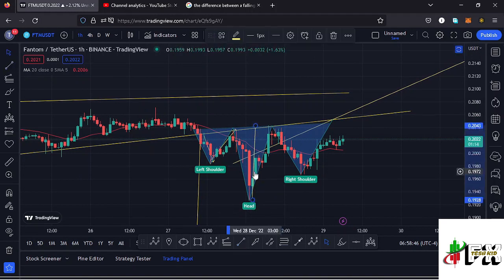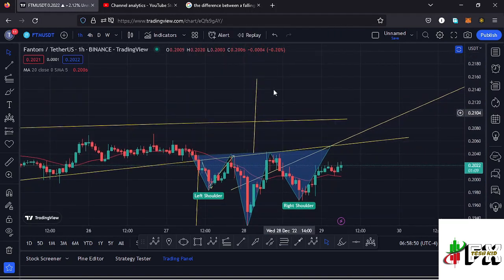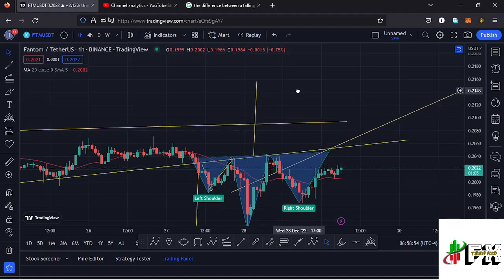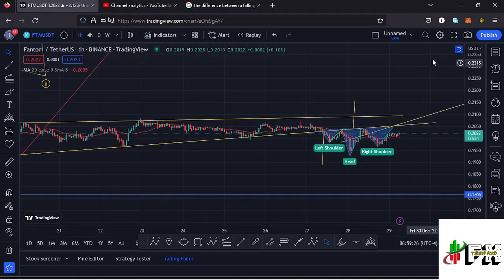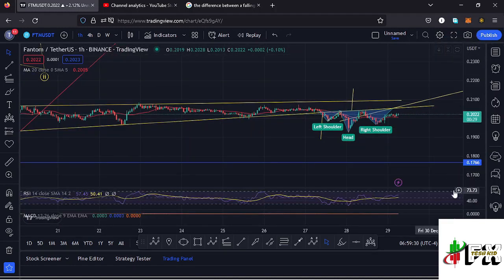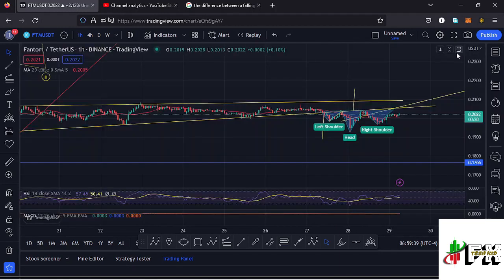So I can get that height and then place it above the neckline, and that gives me a minimum target area back to around the $0.2158 mark, and that is the minimum that I'm expecting the breakout out of this inverse head and shoulders pattern to do. And once that happens, then we can regain our impulsive nature in the formation of that higher Elliott wave count 3 to the upside. Also taking a look at the indicators to see what movements will be supported here on the RSI. On the RSI, we are trading at around the 57 mark, meaning we have massive room for us to support any movements to the upper side.